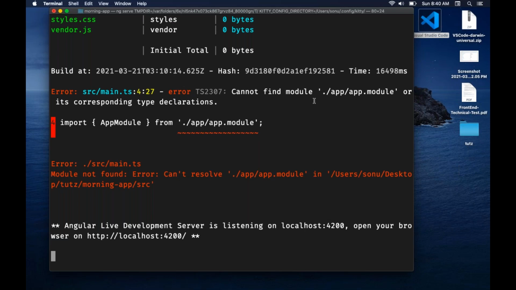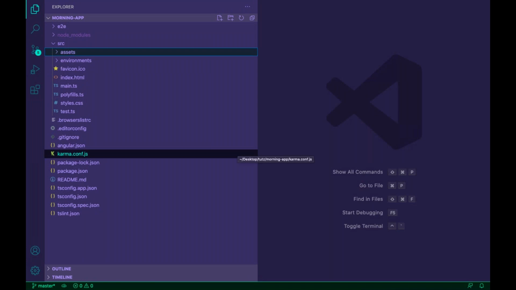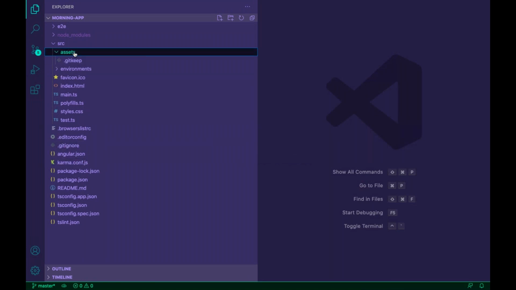So yeah, let's see it. Since we have just deleted a few important things, it is throwing one error. Let me find it right now. So the point here is every Angular application, no matter what the folder structure is, no matter what